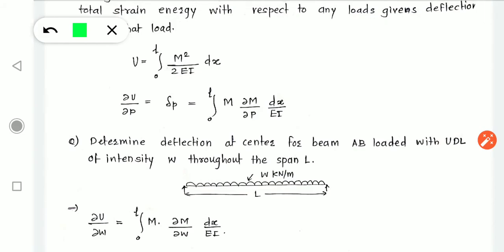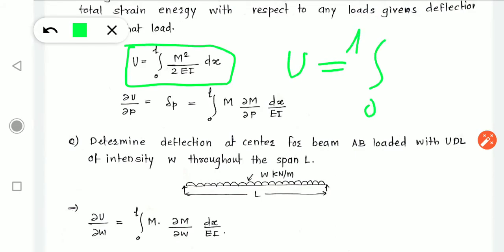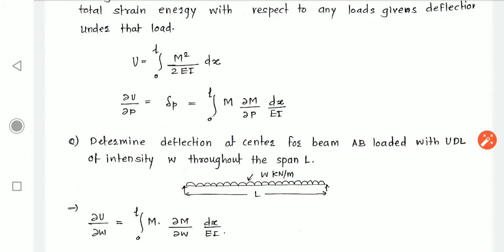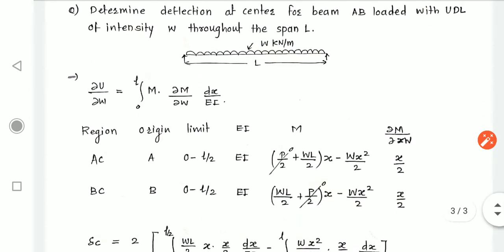Okay, so we will be able to find deflection by using theorem number 1 of Castigliano, and they said take a partial differentiation of the strain energy. Strain energy is represented by U, and U equals integral from 0 to L of M square divided by 2EI dx. Take a partial differentiation of this with any load. Any load you can take as W or P, whatever you assume, and that will give you the deflection. How to integrate that? Integrate M into partial M by partial P. We will do it with the help of a problem. It will be more clear.